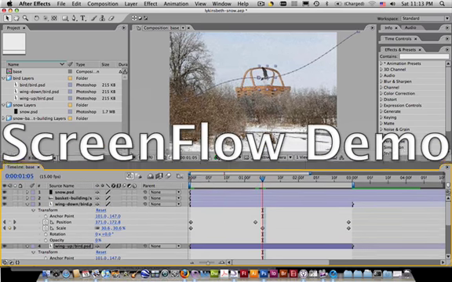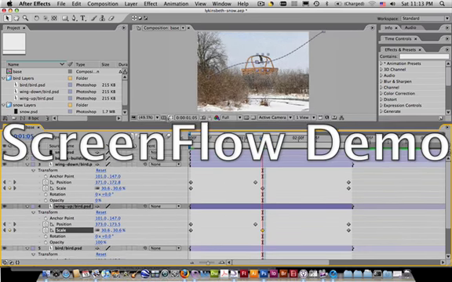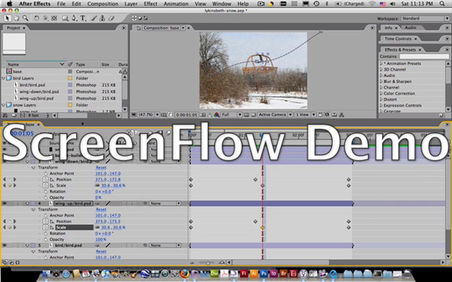I'm trying to do this too so that I'm missing that lovely ScreenFlow demo watermark or whatever it says across the middle of the movies until I can actually purchase this product, or more accurately have the school purchase this product for me, because I like the way it works. Anyway, back to